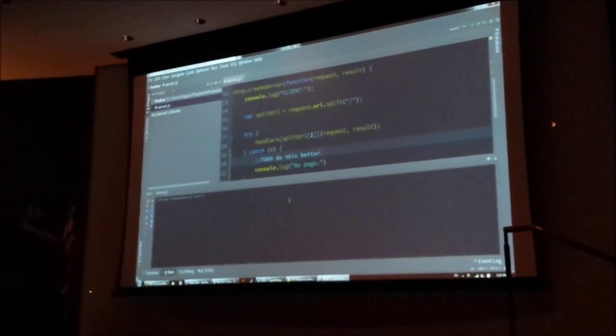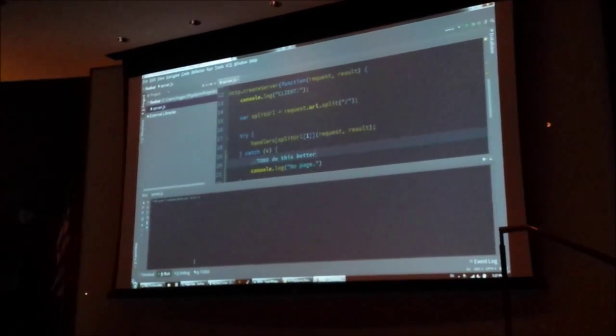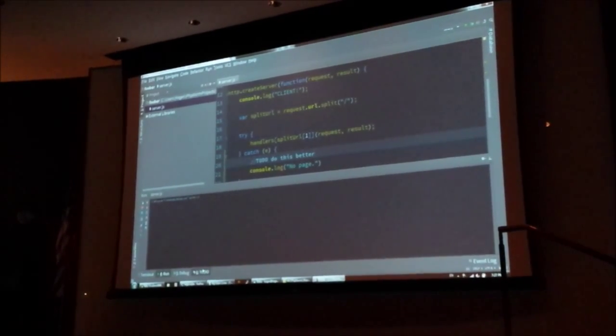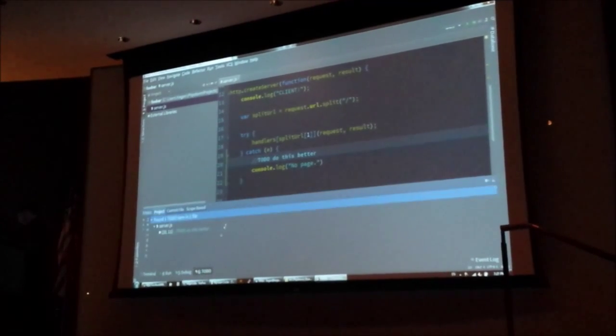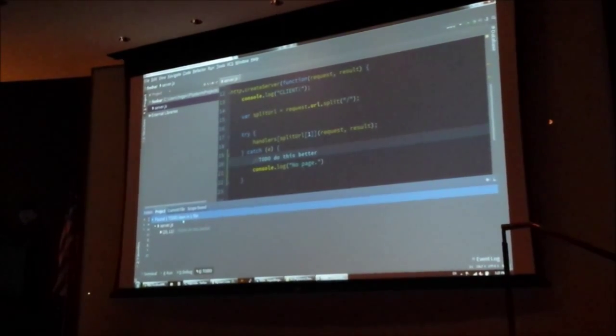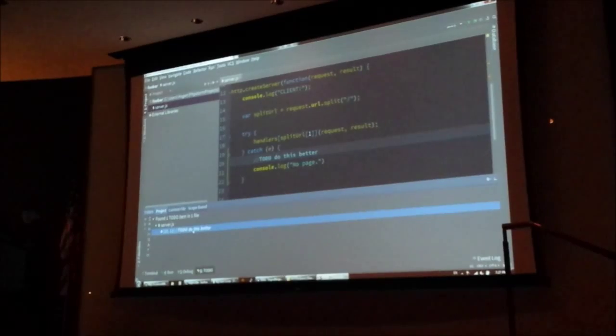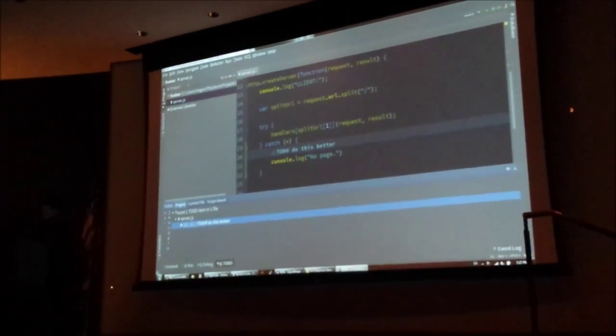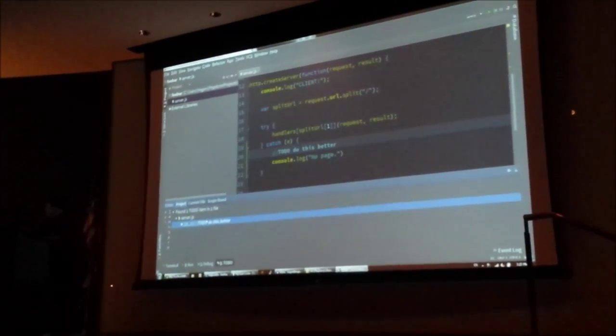Yeah, well, the great thing about this is that you can kind of hold yourself to it. There's this little tab down here called to do. Found one to-do item in one file: to do this better. You can keep track of what you're doing inside a PHP store. Nice. We can